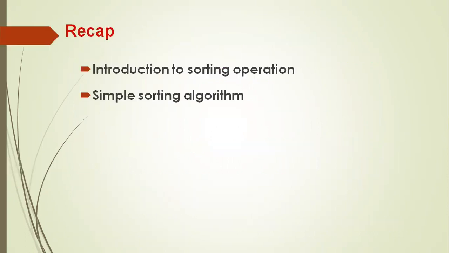In our last class, we discussed one of the operations related to a one-dimensional array called sorting. Sorting is an operation which arranges the elements in some order. Either it could be an ascending order or it could be a descending order. We also studied that several algorithms are available for sorting, such as bubble sort, selection sort, insertion sort, quick sort, etc. As an example, in our last class, we studied both the algorithm and the program for one sorting method called bubble sort.